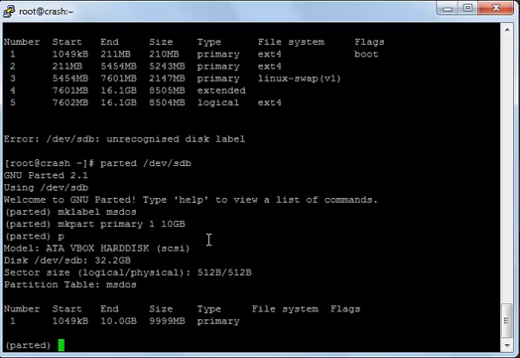As you can see here, some information like the model and the disk space, which is 32.2 gigabytes, and then here is the partition that we have just made. It's partition number 1, and now I will format the new partition with file system ext4, but first I will quit the parted utility by pressing q and enter,